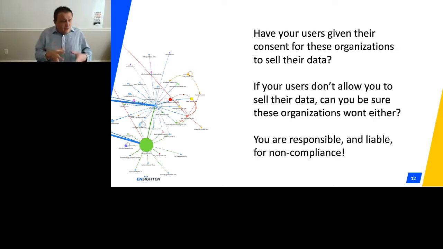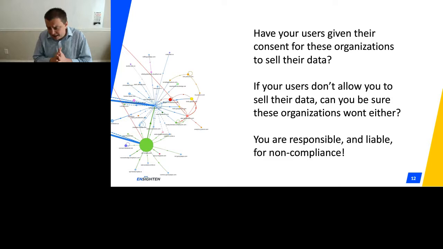Now, as a website owner, as a marketer, you may not be aware of this. Your website just works and it operates. Your developers have done a good job at creating the website. But the reality is that when it comes to things like compliance, you may have implemented a very good approval or consent solution on your website, but have your users actually given consent for all of the third-party providers that you're using to sell their data as well? So, if a user allows you to sell their data, so they've not ticked the box that says opt out of selling their data, do they intend that that choice also applies to all of the different third parties